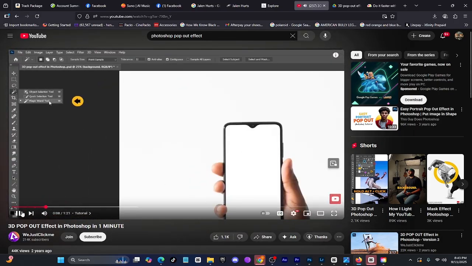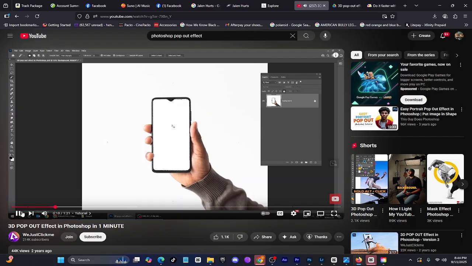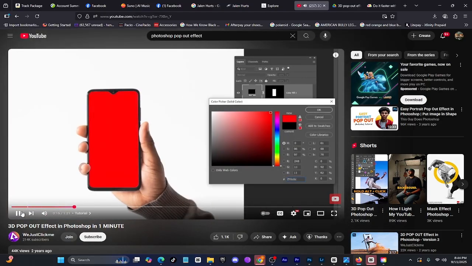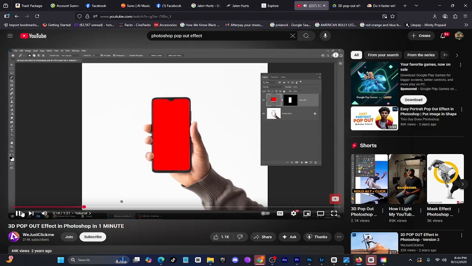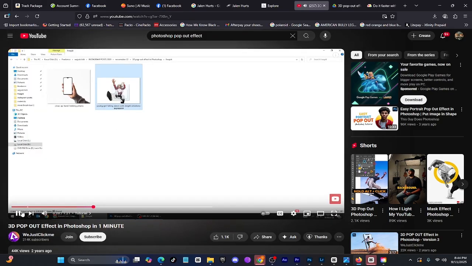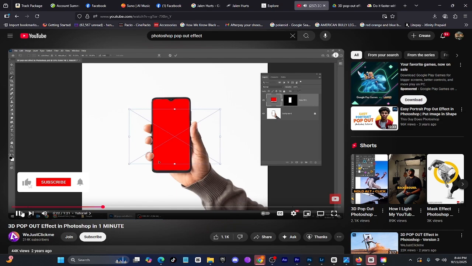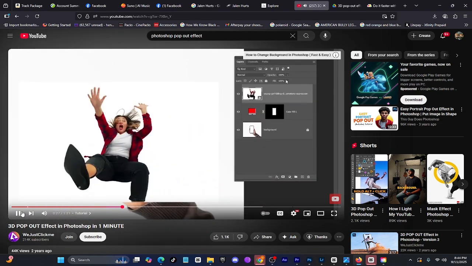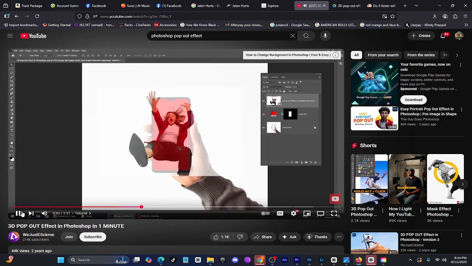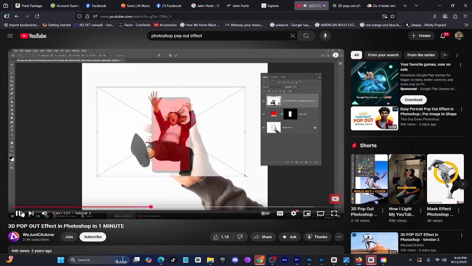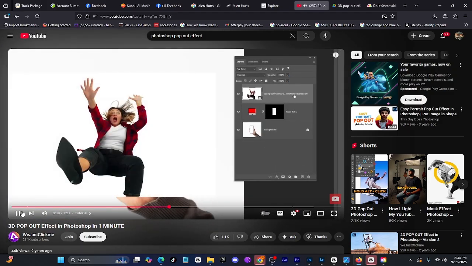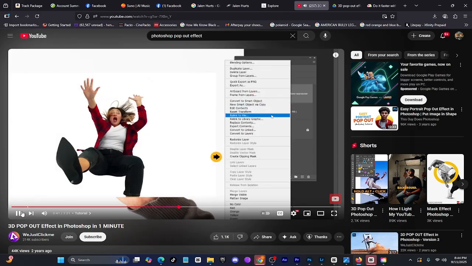Choose the Magic Wand tool. 1, click here to make a selection. 2, go to Adjustment Layer and add a solid color. 3, choose any color and then press OK. 4, now drag your photo to Photoshop. 5, scale your photo while holding the Shift button. 6, reduce the fill so we can adjust its position accordingly. 7, let's scale it a bit more. 8, set back the opacity to 100%. 9, right-click here and choose Create Clipping Mask. 10,